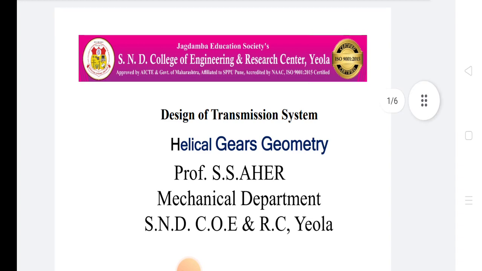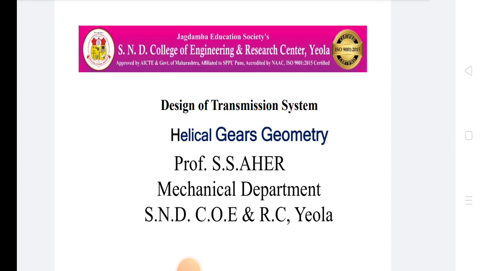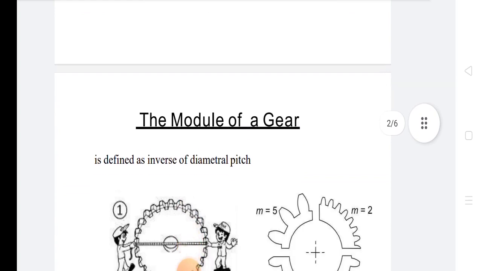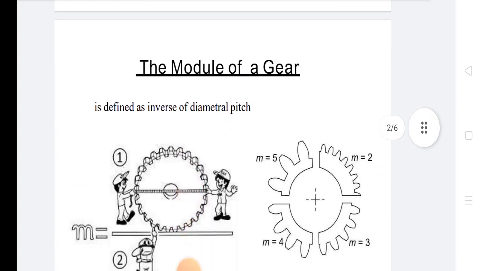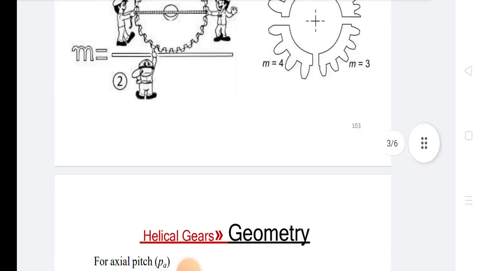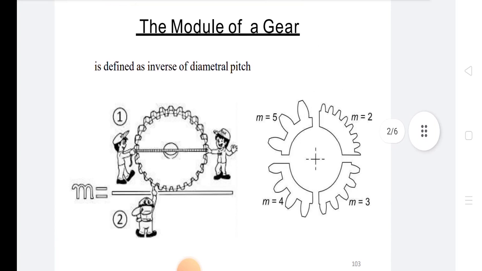But in a helical gear pair, the contact between the two meshing teeth is a point contact and gradually extends along the diagonal line across the tooth. This results in smoother and quieter operation even at high pitch line velocity. Helical gears have some advantages, so we discuss these advantages of helical gear.